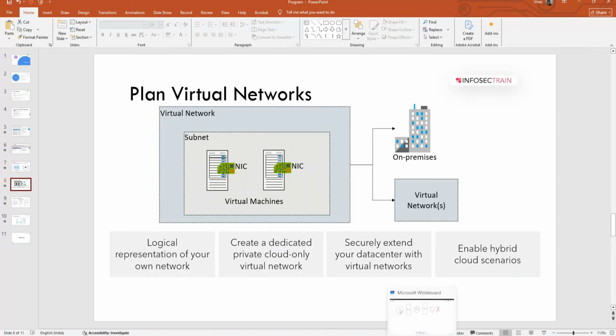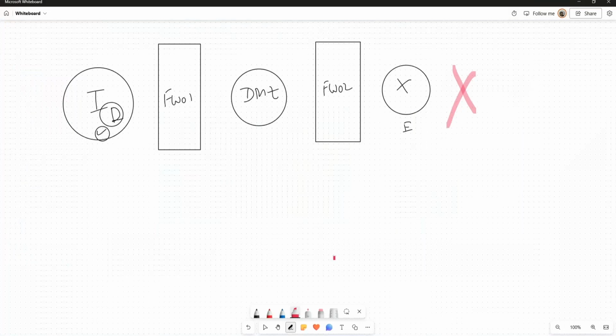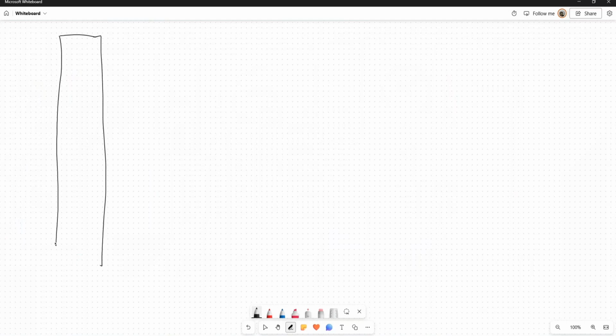So let me draw a very crisp, clear diagram of how VNET works. As I said, to deploy the networking component, you need to deploy a virtual network. In the virtual network, you need to define an address space, for example 10.0.0.0/16.